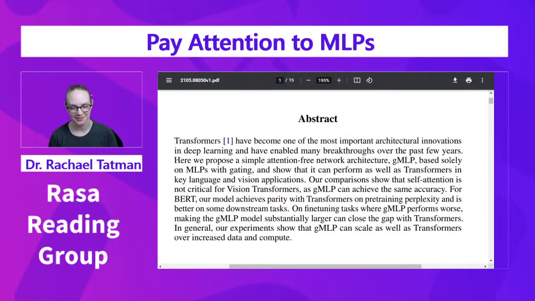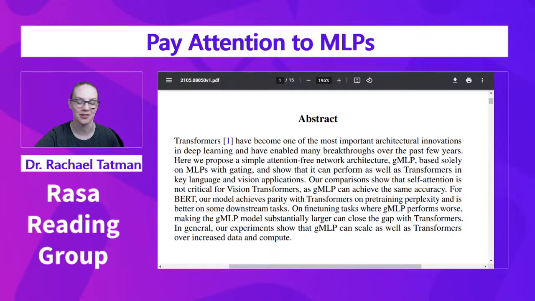Transformers, that's going to be the Vaswani paper, have become one of the most important architectural innovations in deep learning and have enabled many breakthroughs over the past few years. Here, we propose a simple attention-free network architecture. So transformers, famously, it's all attention. This one, zero attention. gMLP, there's no N in there, based solely on MLPs with gating, so multilayer perceptrons,